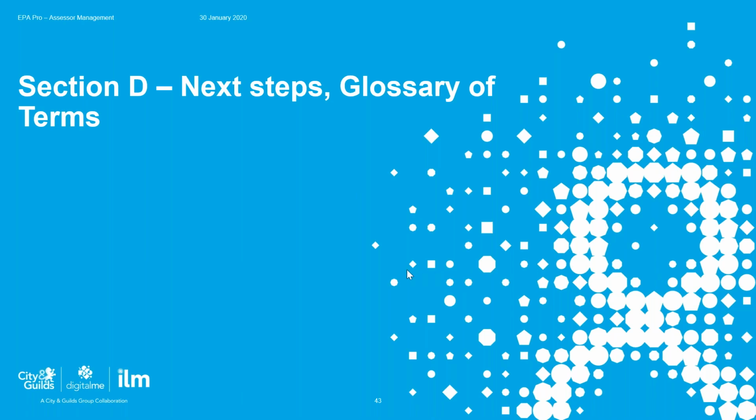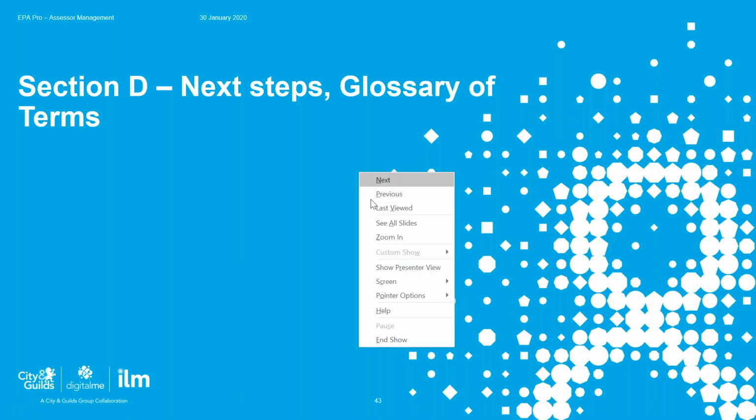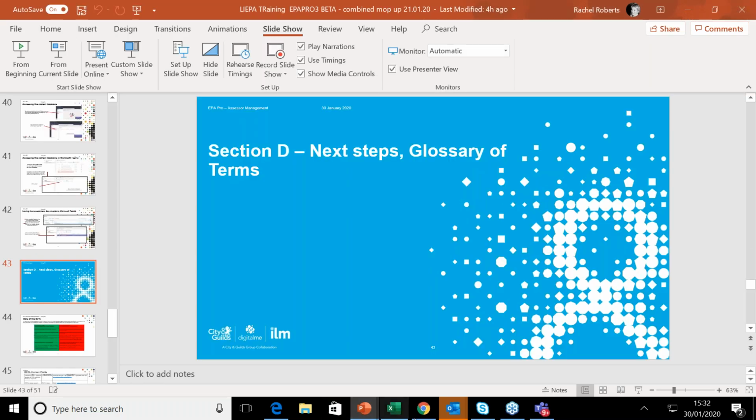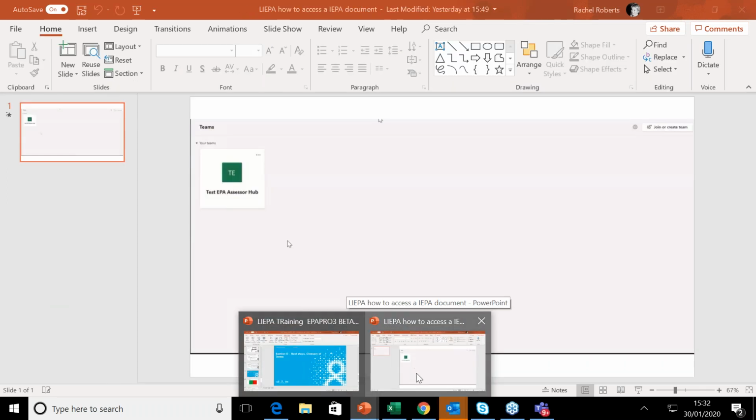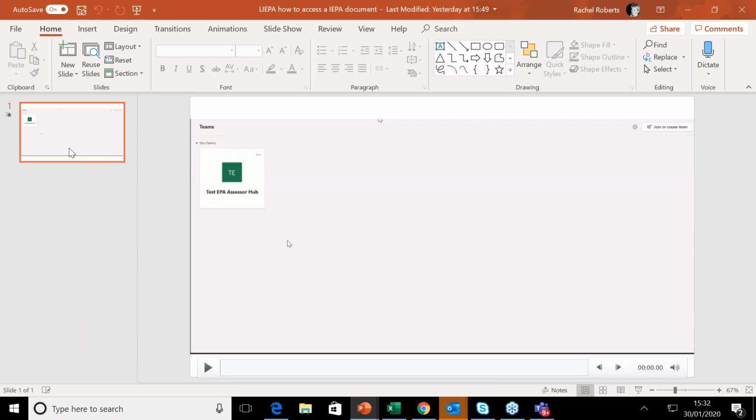Okay, so before we go on, I just wanted to show you what this now looks like for a LIPA. And for a LIPA, we have a little video to show you of what this looks like. So just bear with me. So your IEPA has gone into SharePoint. They've saved the documents. So as a LIPA, how do I access that? Again, we'll provide you with this information, but Mandy and Libby, Mandy's kindly prepared a video to show you. So let me just talk you through this.